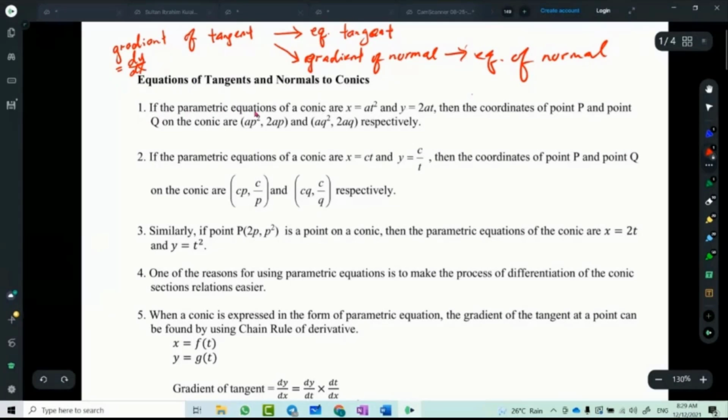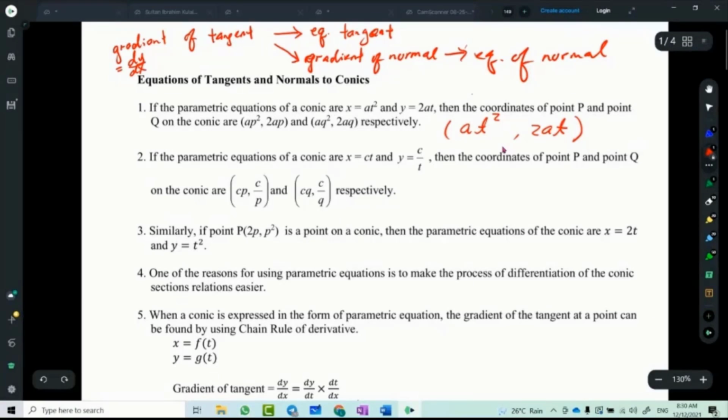Okay, so if the parametric equation of a conic is this one, for example, I'll give you one example. One of the parametric equation is this one. Okay, for any parametric equation, you're given x like that, y like that. Means this one is x coordinate, this one is y coordinate, you know. So you can combine the xy menjadi satu point. Okay, so generally the coordinate point for the parametric equation macam ni, so dia punya x adalah at squared, dia punya y adalah 2at. Okay, this is generally any point.